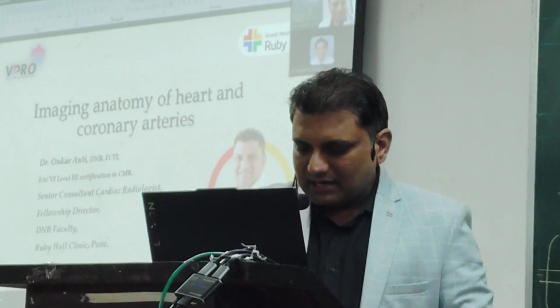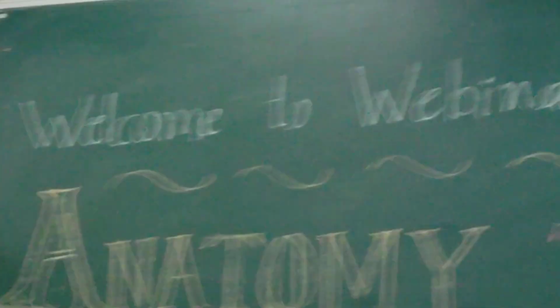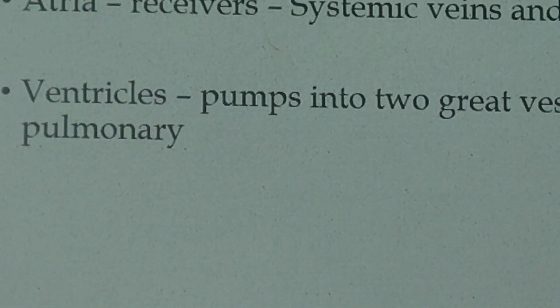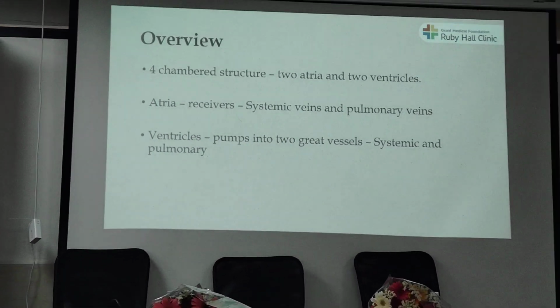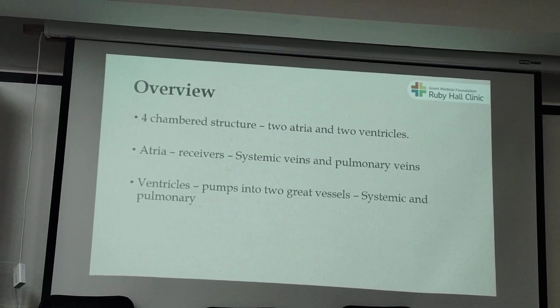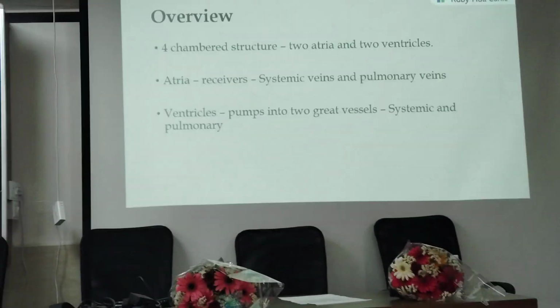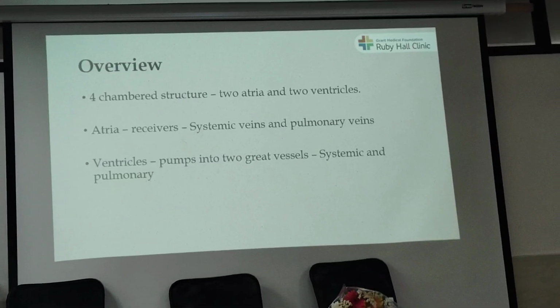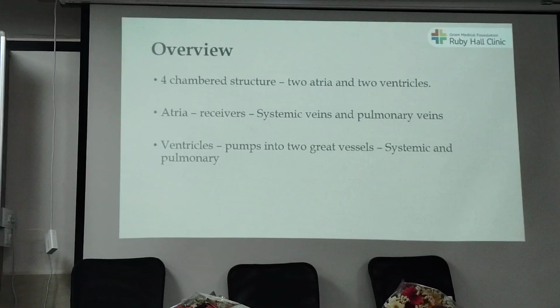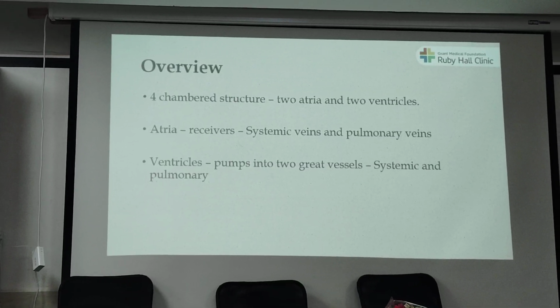Okay, so we start with the imaging anatomy of the heart. Let's look at the overview of the heart. You all must know that this is a 4-chamber structure to start with. It's very simple. There are 2 atria and 2 ventricles. The atria are the smaller chambers, ventricles are the larger chambers of the heart. So atria act as receivers of the blood, and ventricles act as a